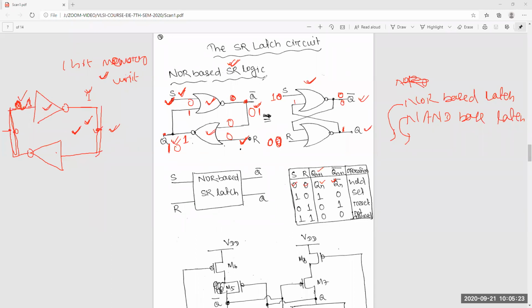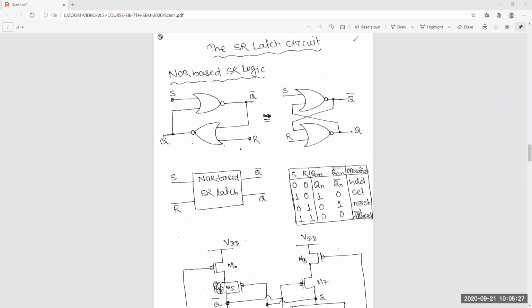Now I have given 1 here and 0 here, which means I want to set.